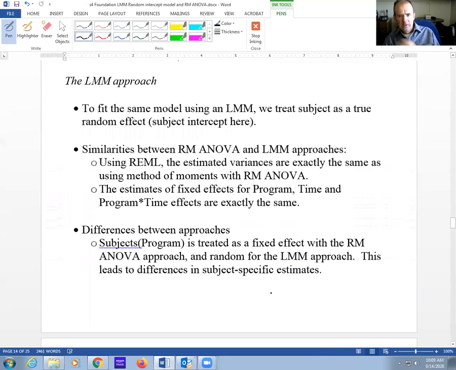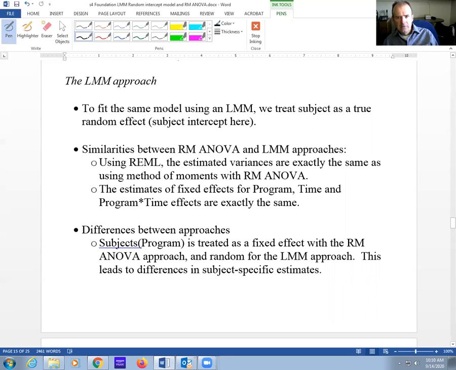Now, if we fit this in a mixed model, we're going to see that a lot of things are the same if you use proc mixed instead of proc GLM. The similarities between repeated measures ANOVA and the linear mixed model approach: using REML, the estimated variances are exactly the same as using method of moments with repeated measures ANOVA. And the estimates of fixed effects for program, time, and program by time are exactly the same. The differences between the two: